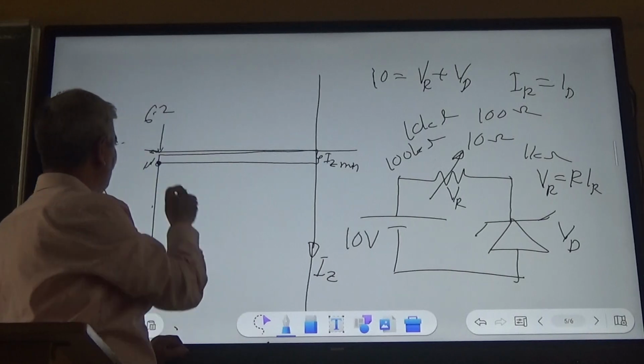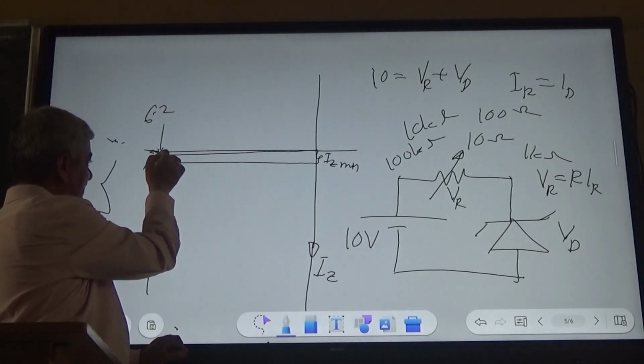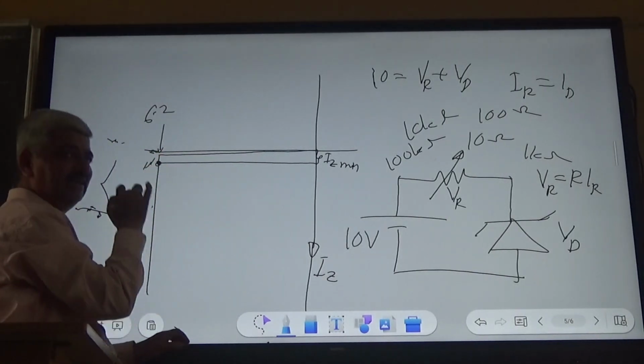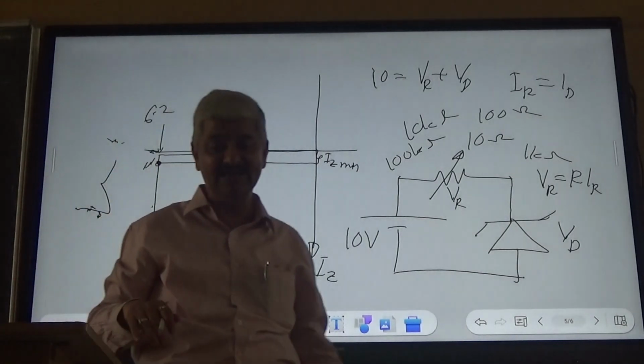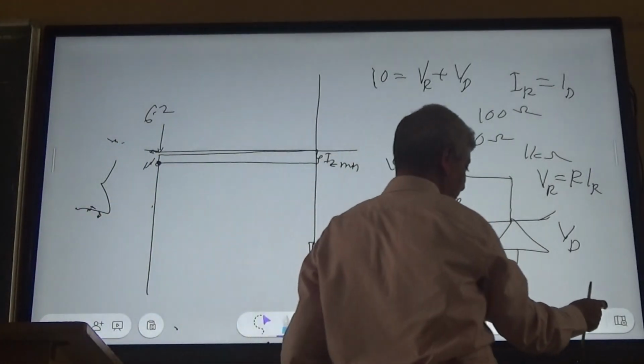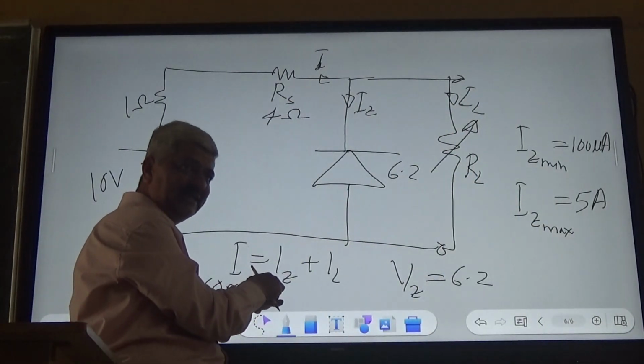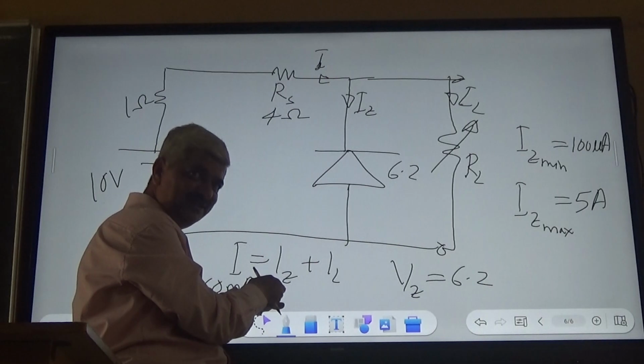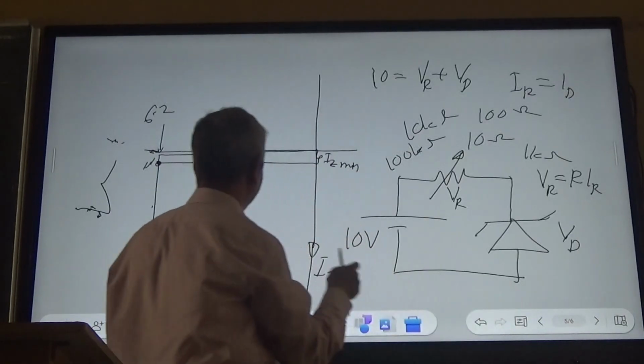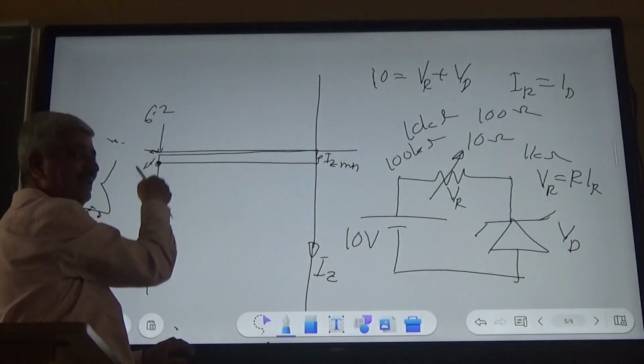The characteristic being almost vertical, this Iz may increase or decrease, but the voltage across the zener will